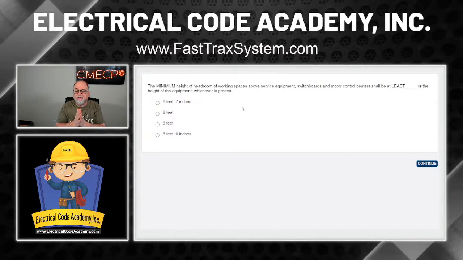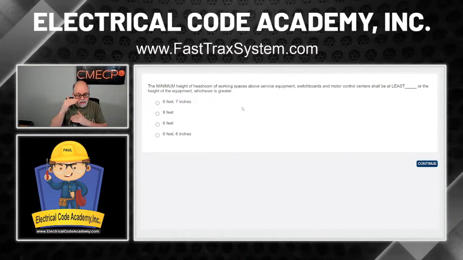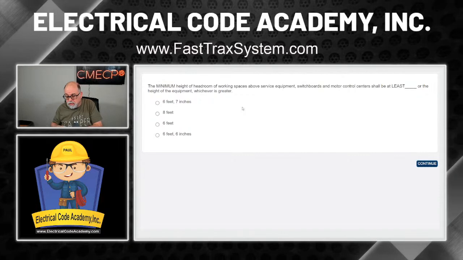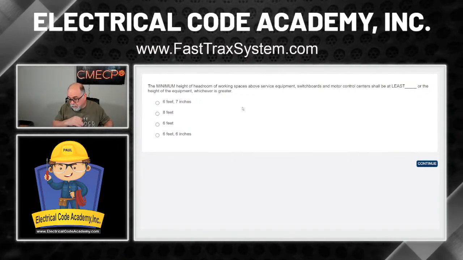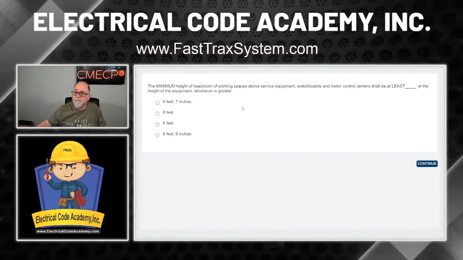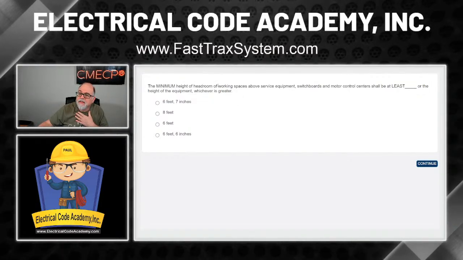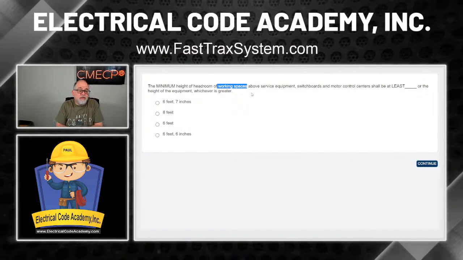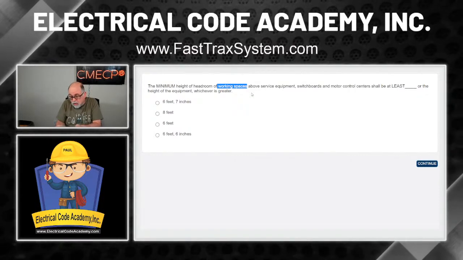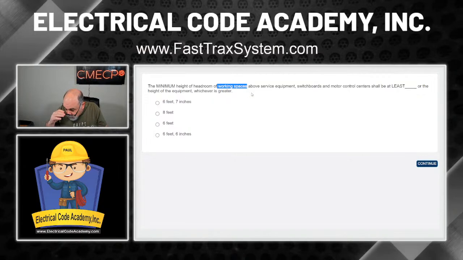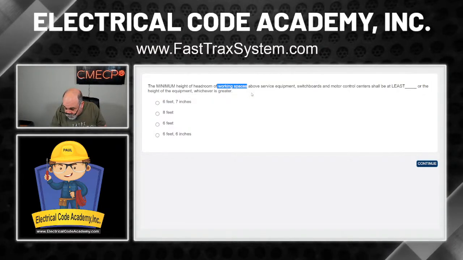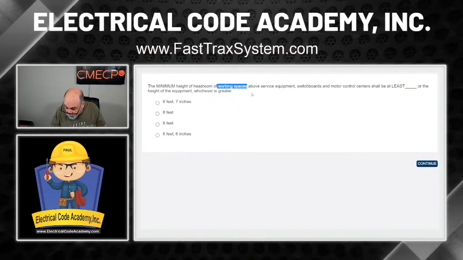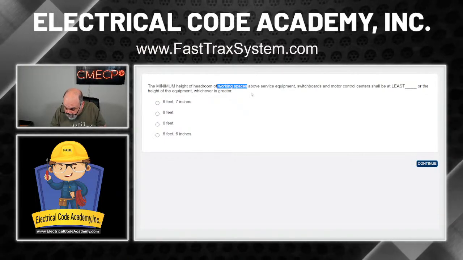Well, this is trying to find the headroom. So you could go to the index, and let's just say we go to the index, and I'm looking for some bold stuff, and I'm going to say, okay, well, what is it asking me about? Well, it's asking me about the working space. So maybe there's something in the index for this. So I'm going to go to the back of the index, and I'm looking, and guess what? There is working space. And it tells us, working space about electrical equipment,